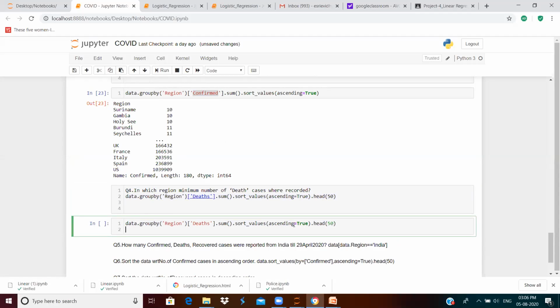So here I have made ascending to be true, and we have grouped the entire data frame based on region. I'm selecting this deaths column alone. I don't want the confirmed and the recovered cases here. I need only the death column, right? And I need the country with the number of deaths.